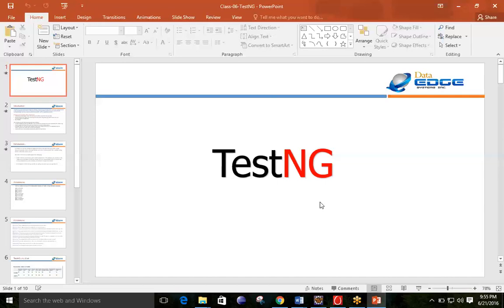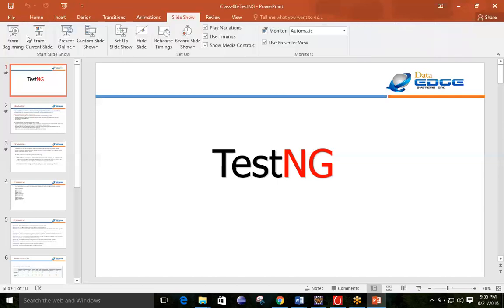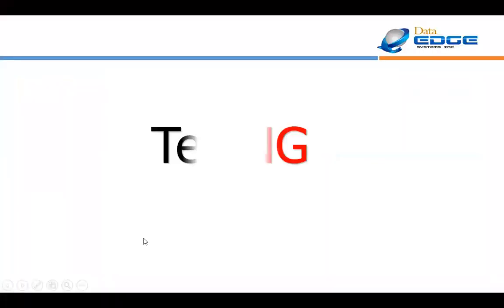Now a question is, what is TestNG? Why do we need TestNG? As we know, TestNG and JUnit, both of them are approximately the same, but we have differences. That is the reason why we have another tool or framework known as TestNG. So what are the different changes we have to learn? What are the different annotations we have to learn in TestNG? We will focus on that, and then we will have the practicals on that also.